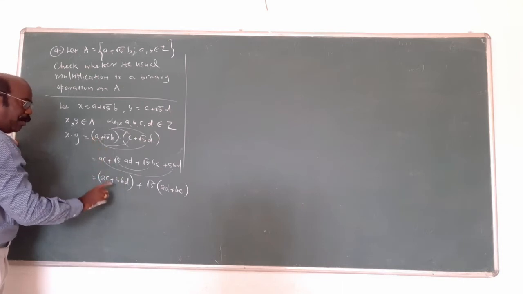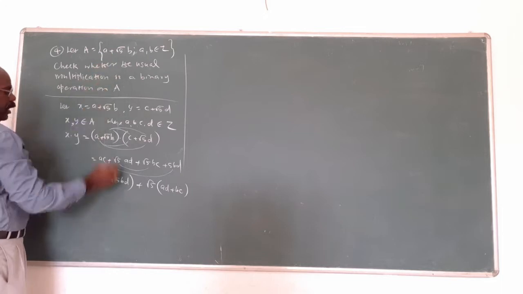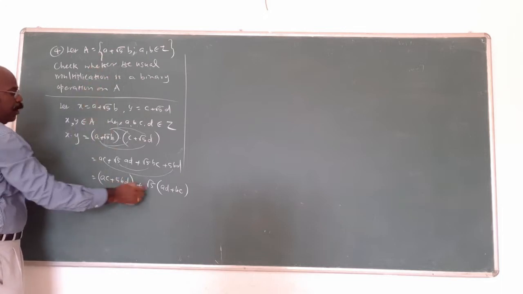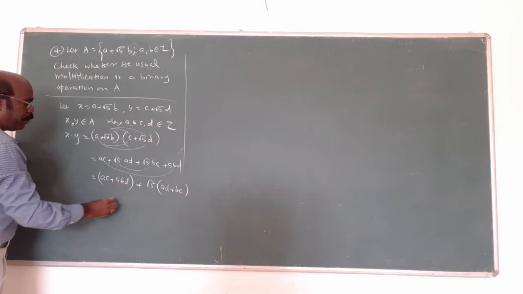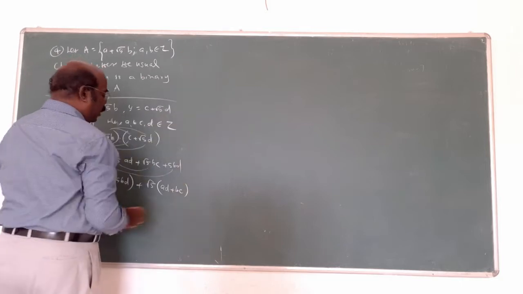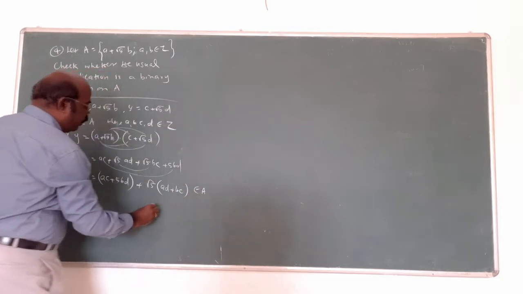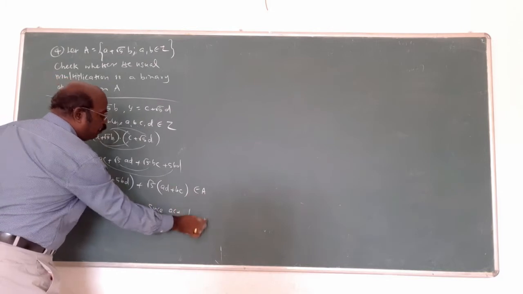Adding both, the result is an integer. This format is also coming. First, without root 5, one number plus root 5 times some other number. Therefore, this also belongs to A. Since AC plus 5BD, that is root 5 into root 5 times BD,